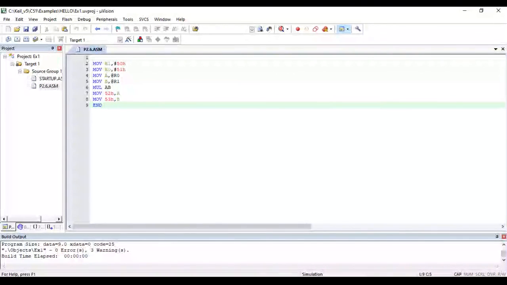Then go to debug, stop the debug session. Next program is to multiply two 8-bit numbers. So first build the target and then go to debug, start stop debug session.